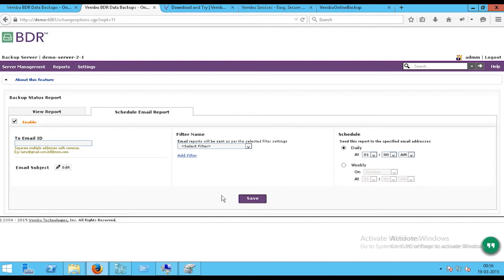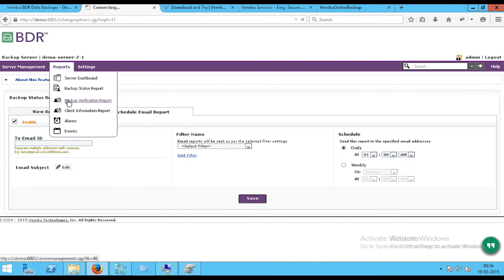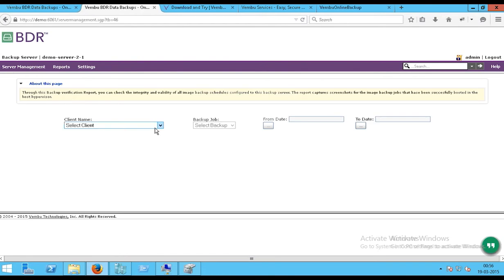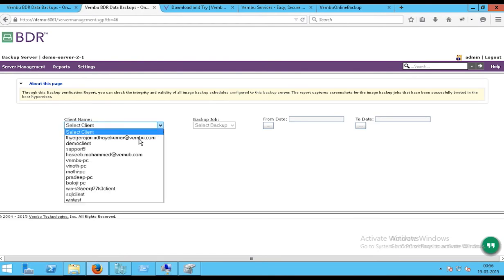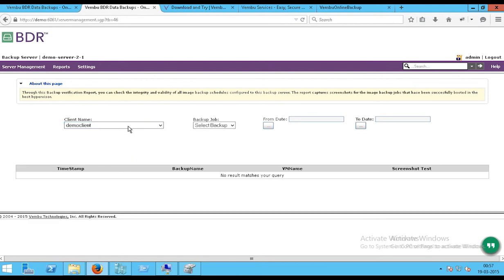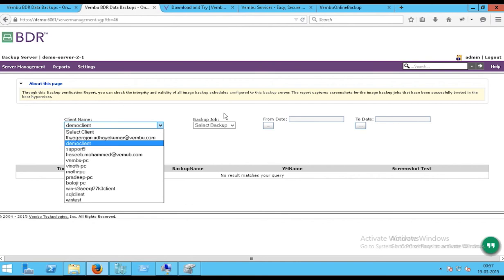On top of that, we also have what is called a backup verification report. Backup is one job that is prone to fail, because you will not be sure that your data is restorable unless you go and check the backups yourself manually, right? Because backups are dependent on a lot of factors like network or disk. Anything could corrupt a backup. So what we do is